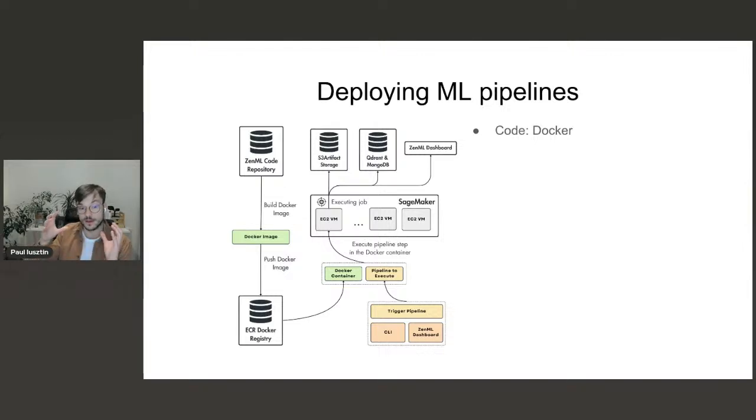So now we have the code packed as a Docker container, put on SageMaker, and everything runs perfectly. We can scale this easily, like each pipeline can be scaled independently on different EC2 VMs on AWS and all of that. We have the S3 storage as blob storage, where you can put files, images, and everything you think about, as long as they're not tables. And we have Qdrant and MongoDB as storage. And how can we execute these things? So everything is waiting for us to be executed.